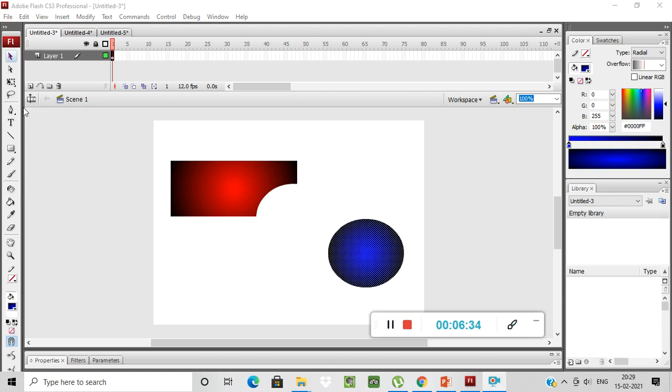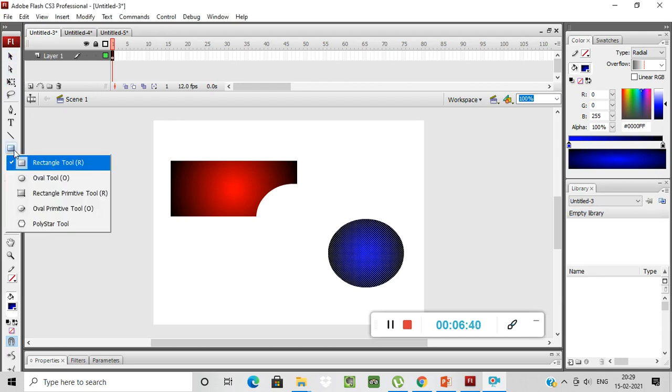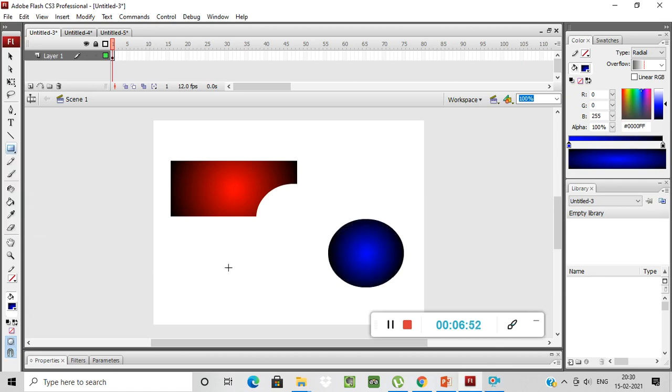See, now today which tools did we learn? Selection tool, then these two tools, rectangle and oval shapes, these two shapes we used here. Then merge drawing mode and object drawing mode we used. Understood? Now next topic, this is the end of your chapter number 8. Now chapter number 9 we will start in our next video.